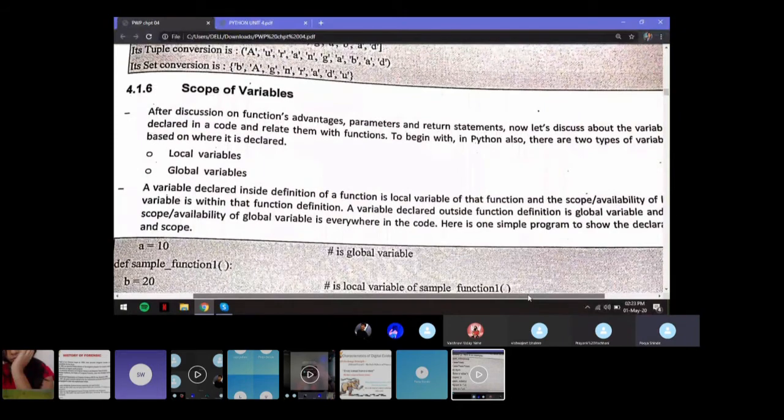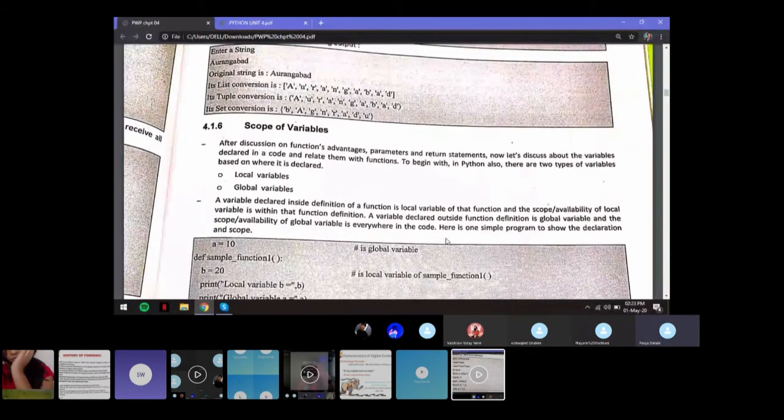So you already know local variables and global variables. You've already studied that in C, C++, and Java. So we'll see about that in Python.